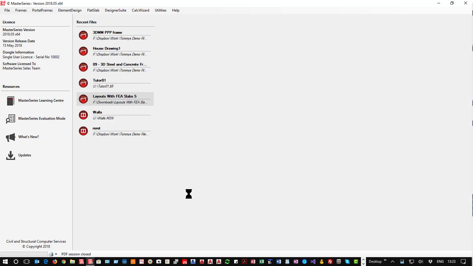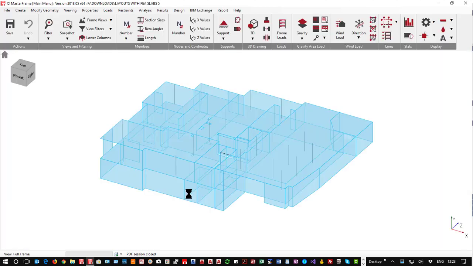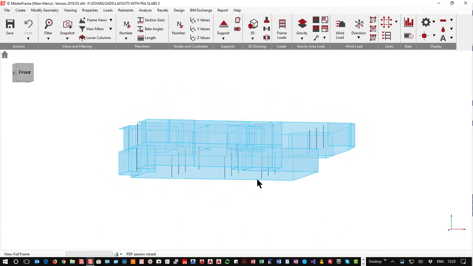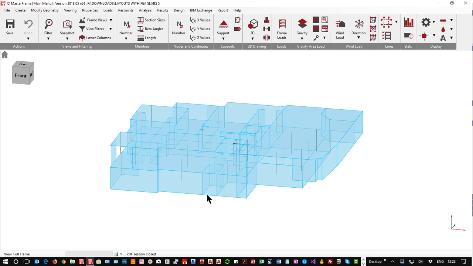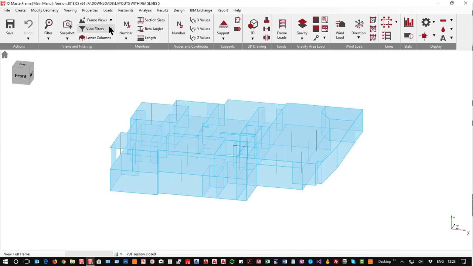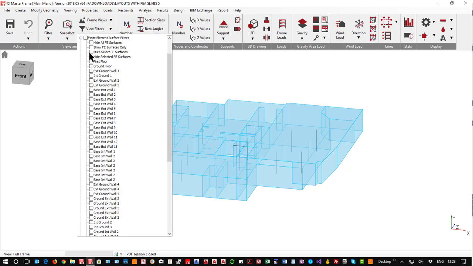I want to look at a structure with FE slabs on it, because I was talking about these filtering tools with regard to FE. So here we have 2 stories with 2 slabs, and I can come along and say surface filters, and I can say hide the first floor. And now I've got rid of the first floor, hide the ground floor, and I'm going to go for multiple